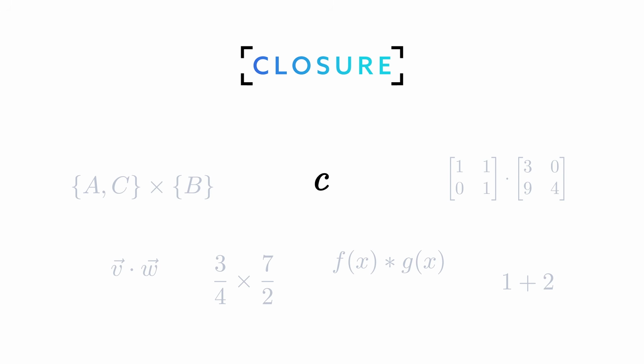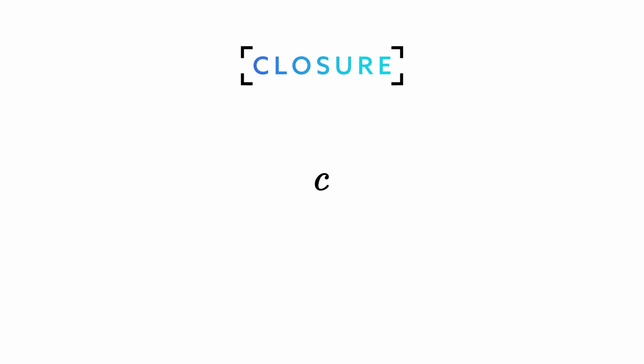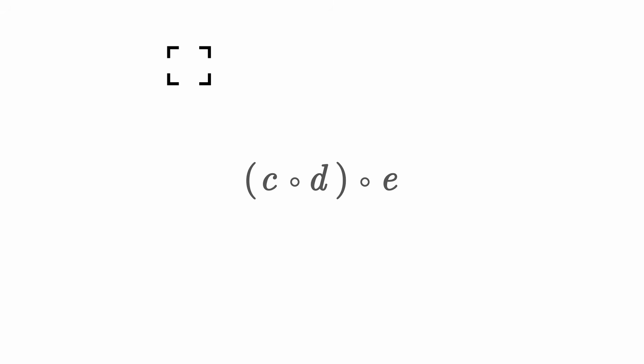The first one is called closure. It says that the operation takes any two group elements and gives you another element of the group. That's it. Seems pretty anticlimactic, but I mean, calculating two things together is something we do all the time, so at least this shows how groups are supposed to be an abstract generalization of, you know, most math things. But the important part is that the math thing the group describes is a closed system, hence the name closure, in the sense that since the result is again part of the group, you can continue to operate group elements onto it, which brings me to the next axiom.